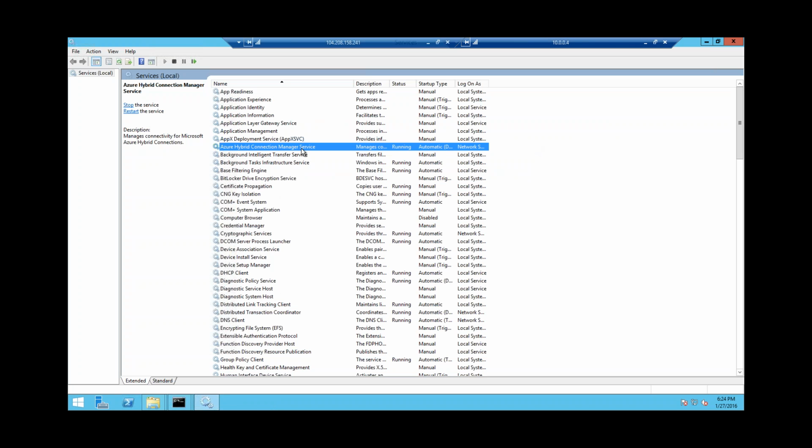Basically, this service will establish a permanent connection with Azure Hybrid Connection in the cloud, and that will be used to create data channels through outbound connections. This is a key service which helps in creating these fast outbound connections through which data is transmitted from on-premise data sources or internal services to external applications. And that's how we are able to manage this connectivity without opening any inbound firewall ports.